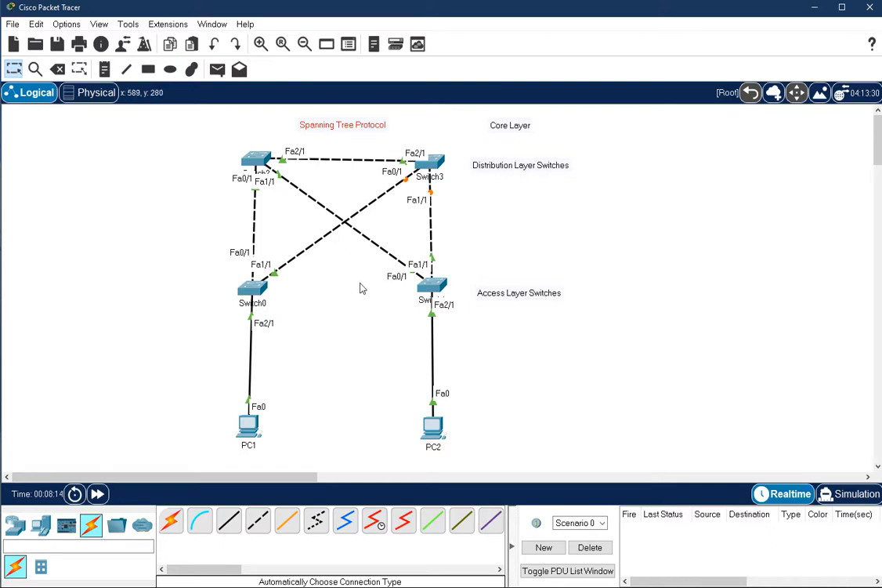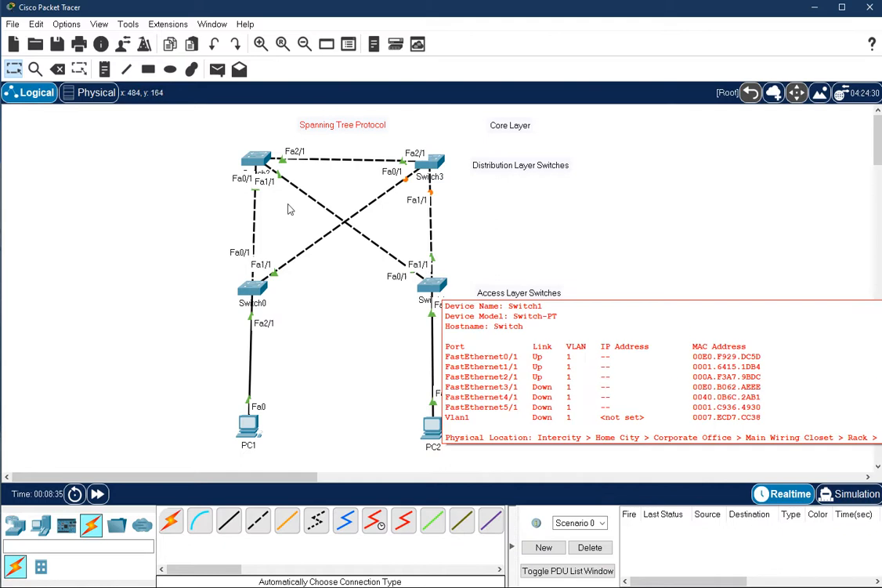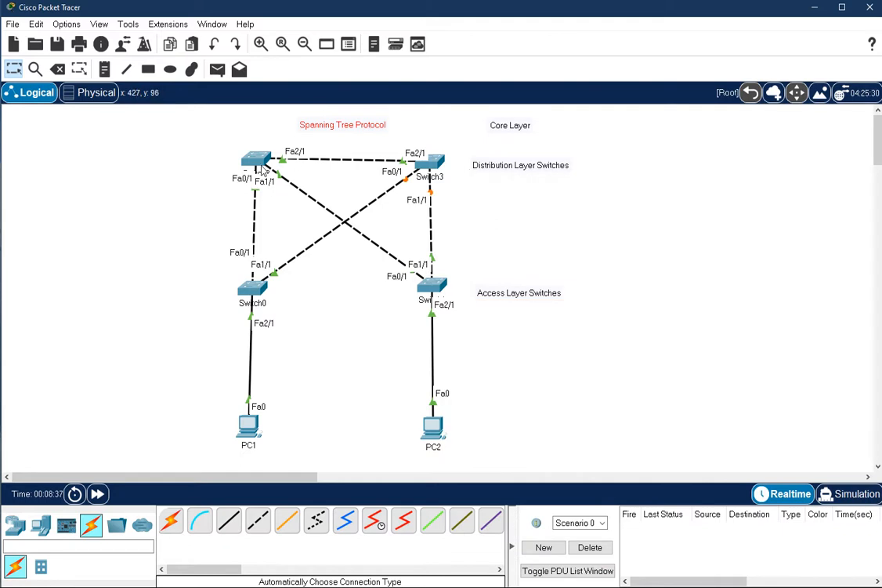Let me explain you. As you can see here, switch 0 is connected to switch 2 and switch 3. So in case switch 2 fails, switch 0 has another path to reach switch 3 or to reach this PC. Similarly, switch 1 is also connected to two distribution layer switches, switch 2 and switch 3. So in case any of these two switches fail, this PC will still have access to the network through the other distribution